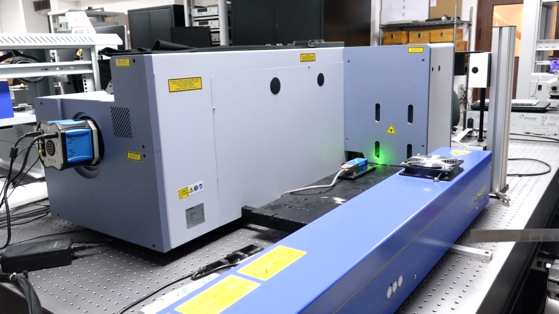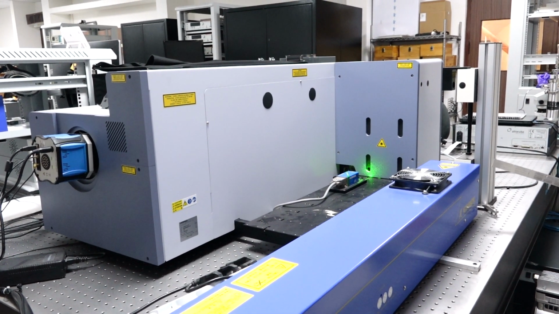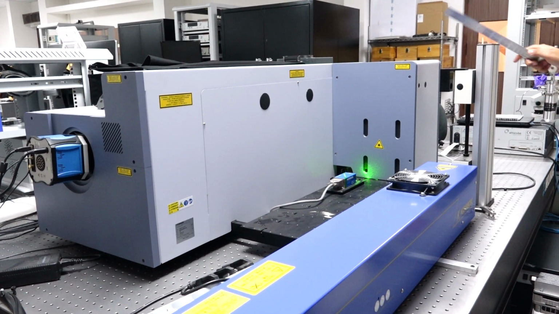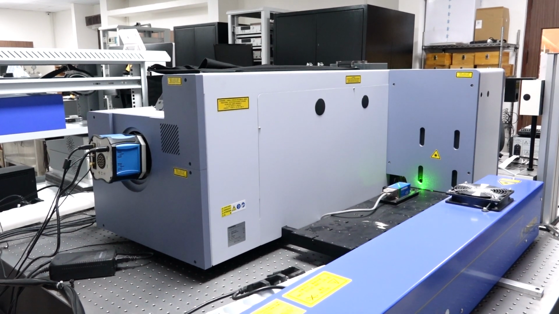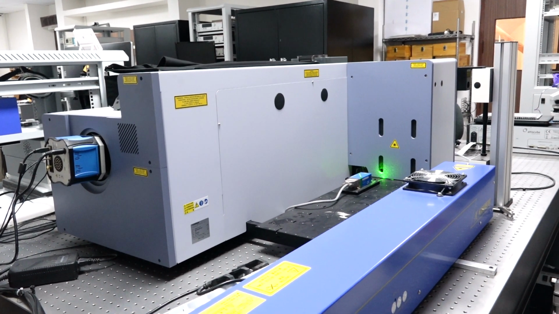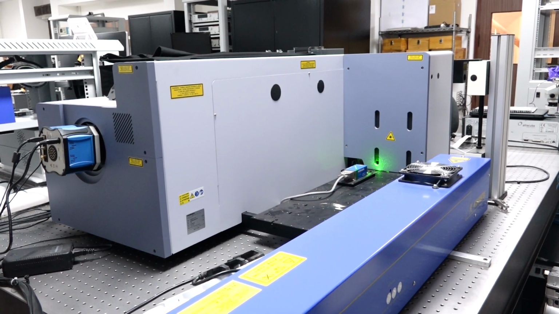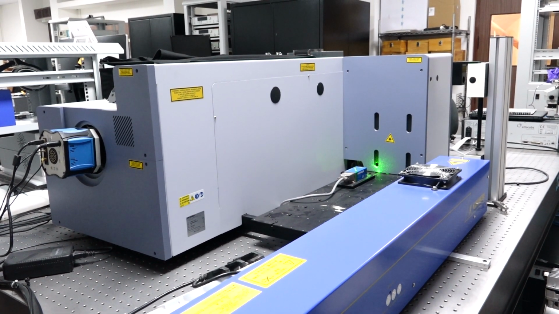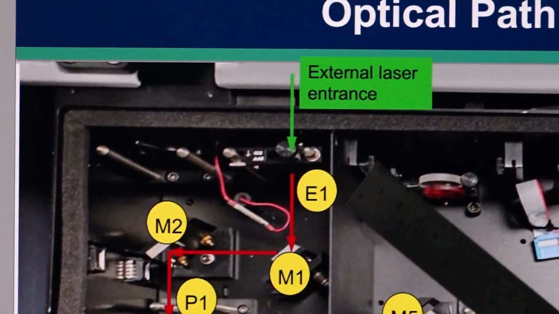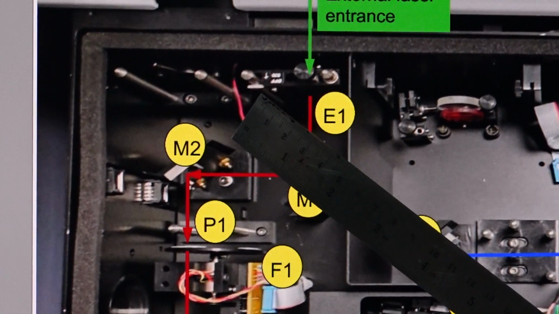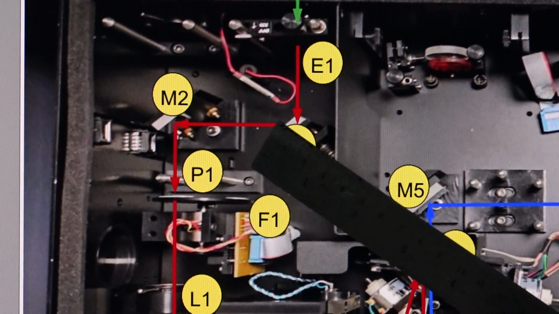This laser enters this optical cabin through two mirrors which are inclined at an angle of 45 degrees. This optical cabin consists of mirrors, lenses and different kinds of filters. Now I will explain all the optical components inside this upper cabin hood through which the laser passes before entering into the microscope. It enters through entrance E1. After entering, it gets reflected from mirrors M1 and M2. After that, it goes to polarizer P1 and then neutral density filter F1.